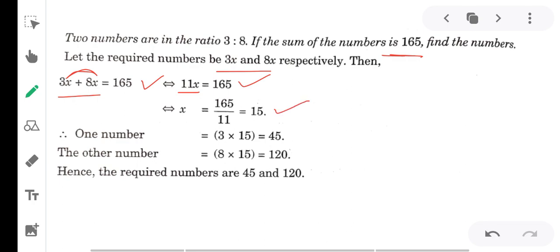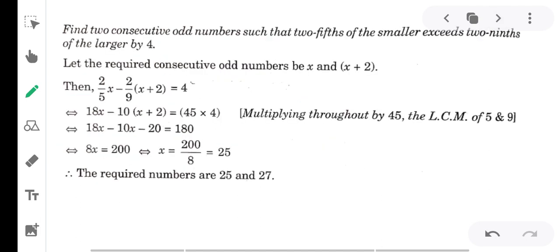Okay, and the two numbers are 3x and 8x. So one number is 3x, that means 3 into 15, the value of x. So 3 into 15 equals 45, and the other number is 8x, that is 8 into 15 equals 120. Hence the required numbers are 45 and 120. Clear? Next example. Find two consecutive odd numbers such that 2/5 of the smaller exceeds 2/9 of the larger by